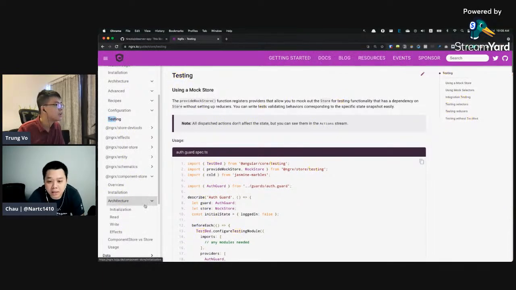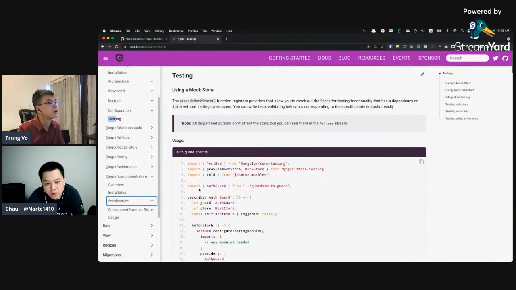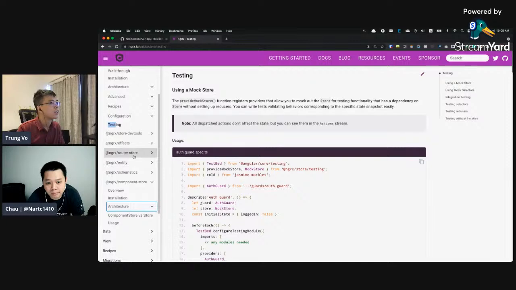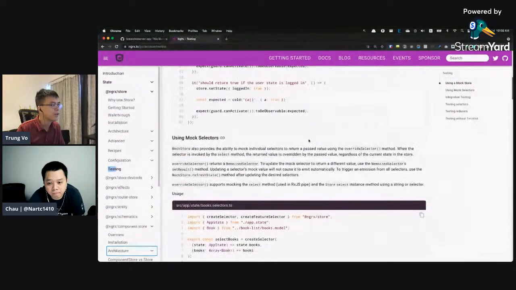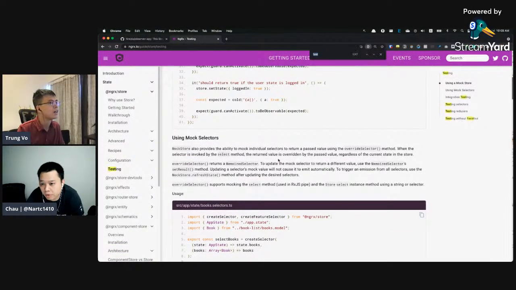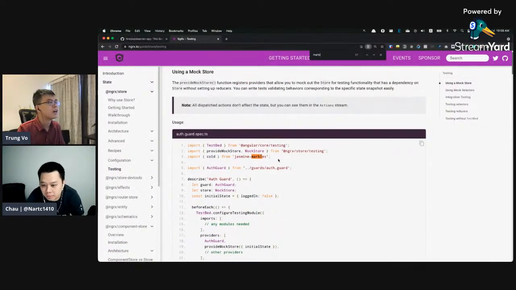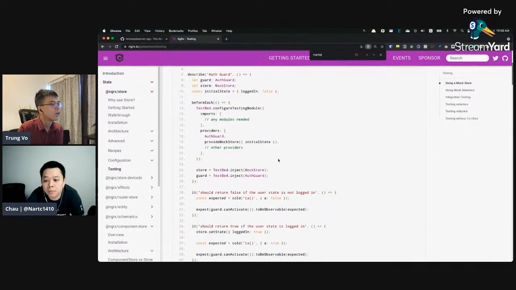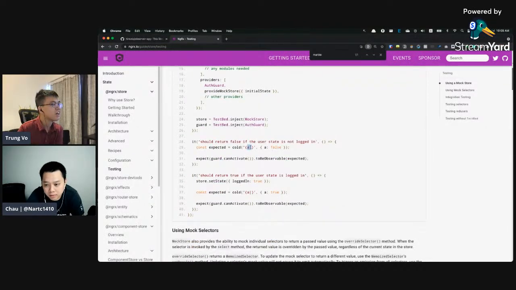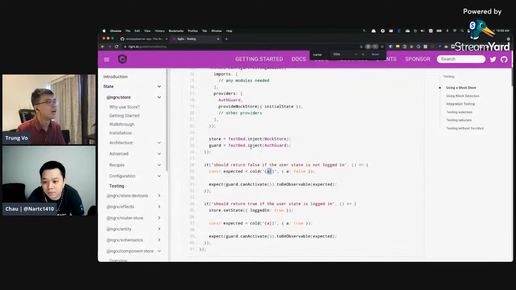So basically, testing component store is just like testing any other service. Yeah, I remember there's a marble somewhere here. If you look for marble, right there, yeah. So you can test with marbles. A marble diagram, basically, you describe the marble, which is